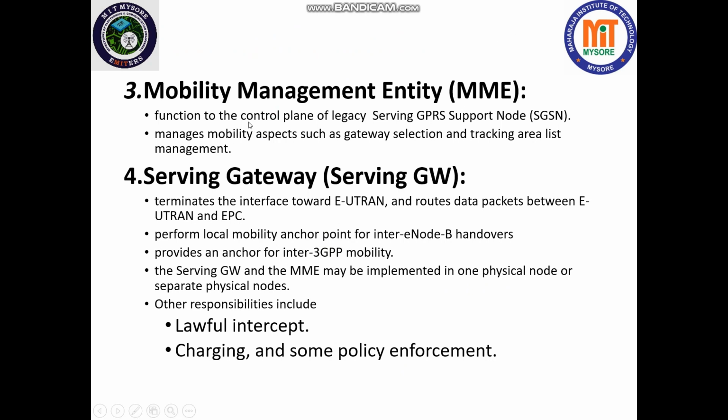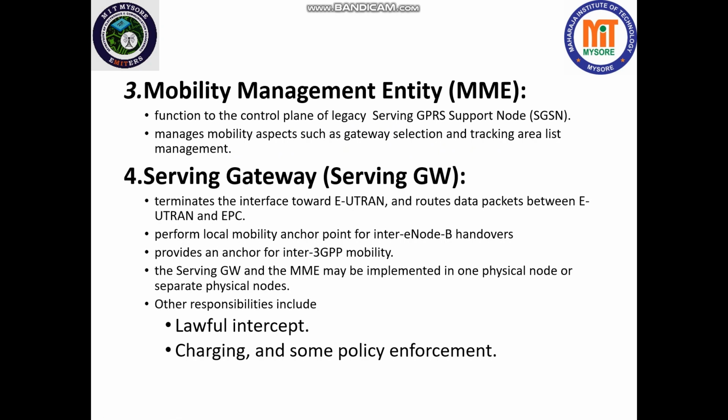The function of MME is to control plane of legacy serving GPRS support nodes and manages mobility aspects such as gateway selection and tracking area list management. It is same as the serving GPRS support node in our 3G networks, which does the control actions required for mobility of one user from one area to another area.